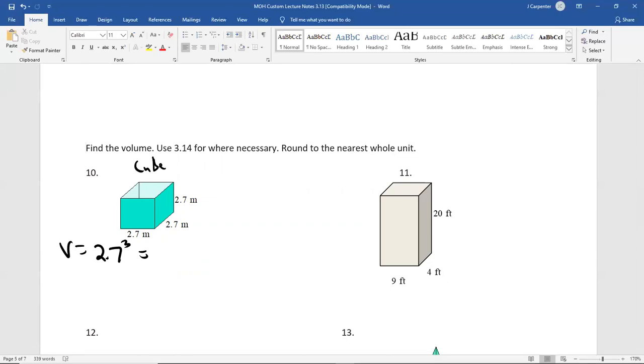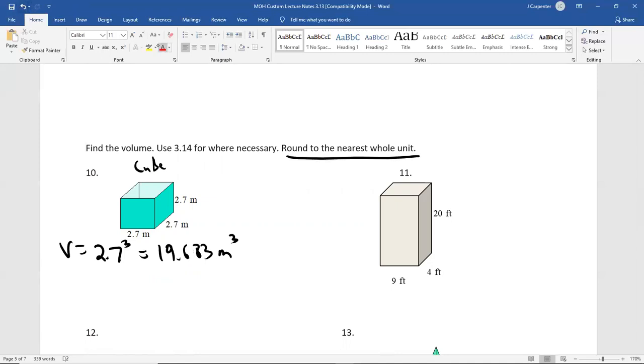But you should get 19.683. And that would be meters cubed, because we're taking meters times meters times meters. And if you put this in the answering connect because you're not paying attention, they're going to mark it wrong because they said to